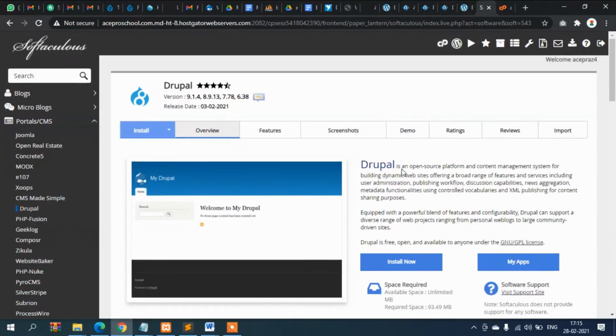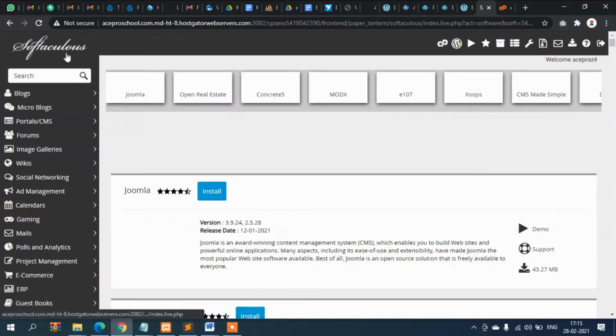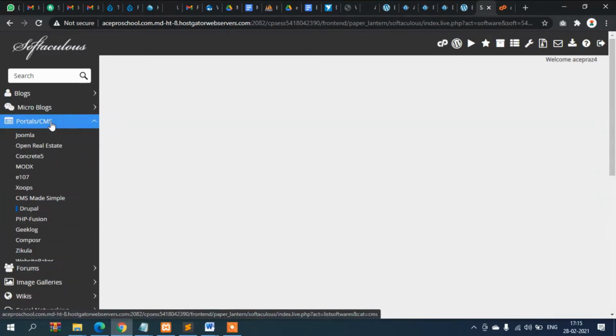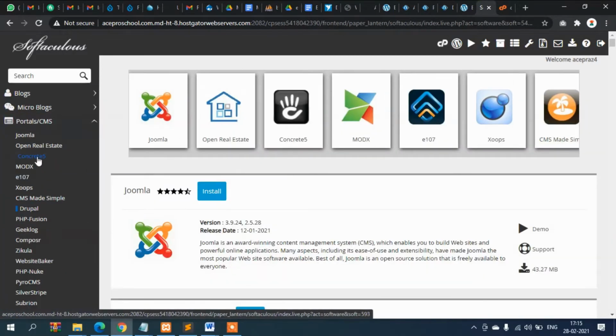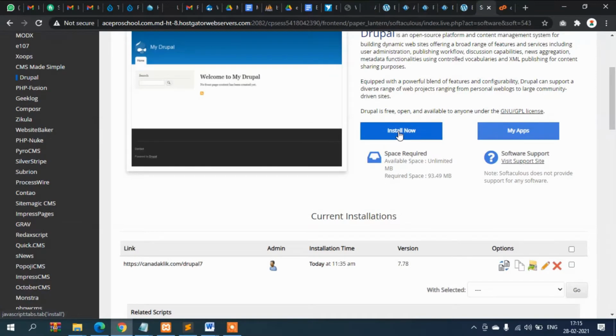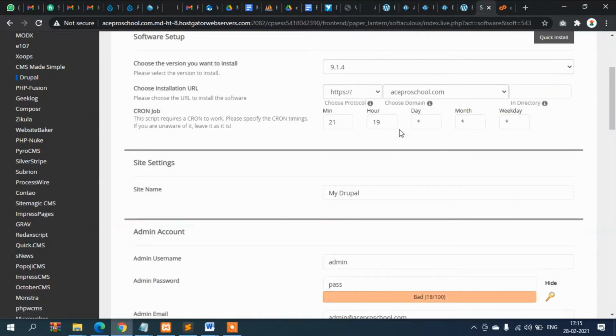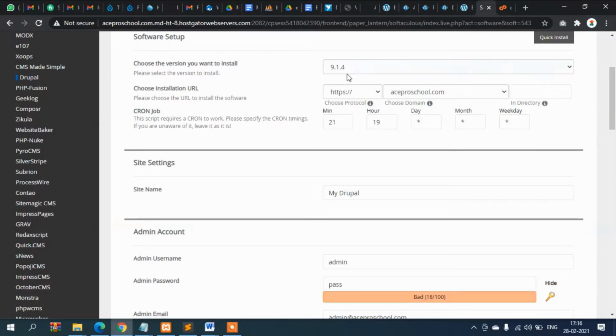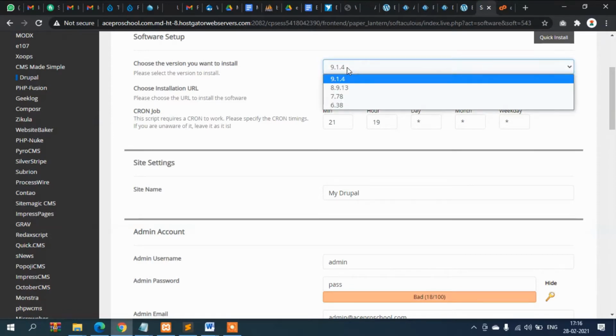So just go to here and then click on Portal CMS. Then you can see Drupal. Okay, now inside Drupal click on install, and then here it will prompt you for its version. Okay, so I'm going to install this version 9.1,